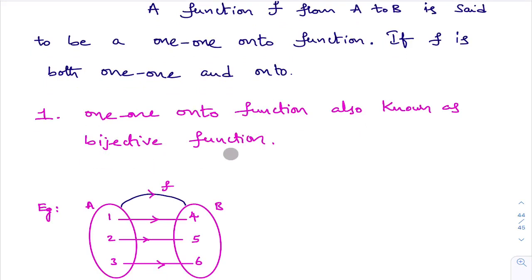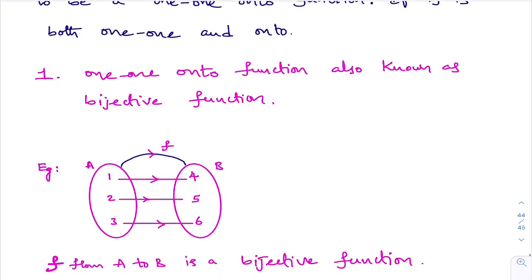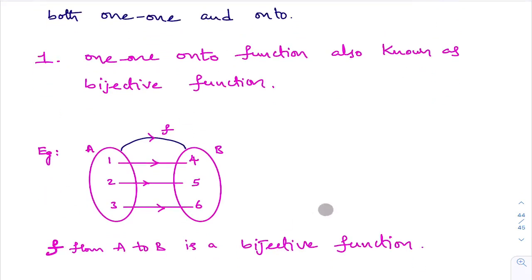See, one-one function is known as injective. Onto function is known as surjective. One-one onto function is known as bijective. These are the other names of one-one function, onto function, one-one onto function. You see this example. Is it a bijective function or not? First, we will check whether it is a one-one function or not. Different elements in set A must have different images in set B. You take any two different elements in set A, they have different images or not? Yes. So, this is an example of one-one function.